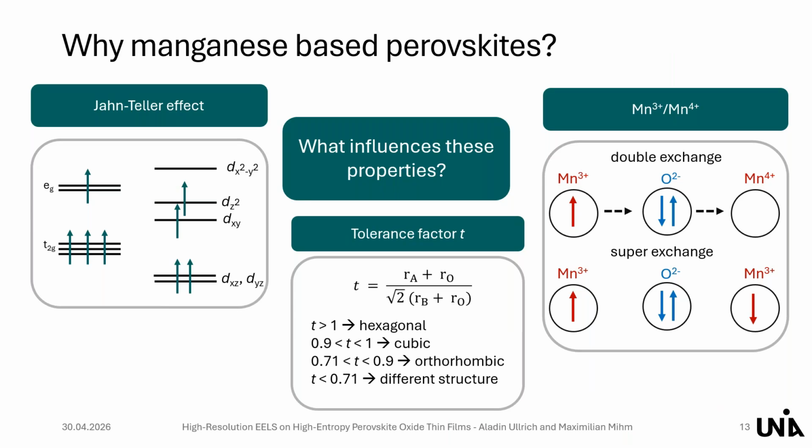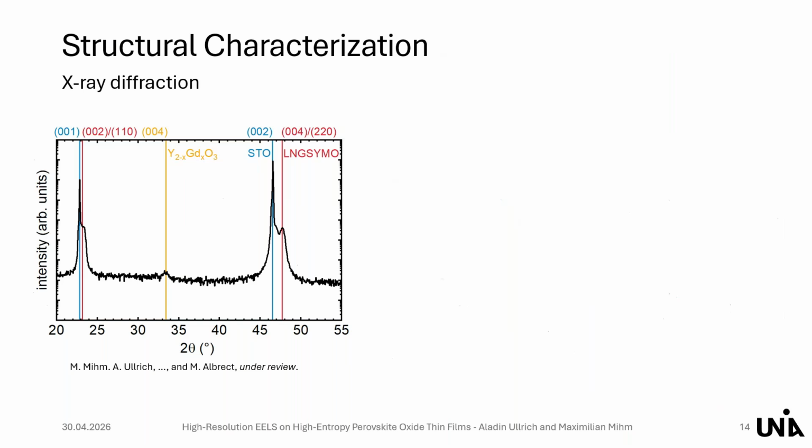So let's come to some results. Here you can see our XRD pattern obtained from the prepared thin film. Blue is our STO substrate. In yellow, it's an additional phase which we obtained. And in red, you can see our thin film. Here I wrote down the 002 and 110 orientation of the orthorhombic thin film, because these are theoretically less than 1 degree apart. And just from this XRD graph, it's hard to say which orientation we have.